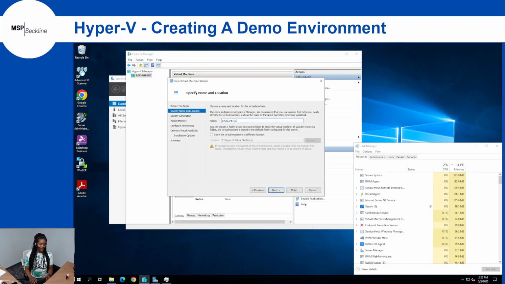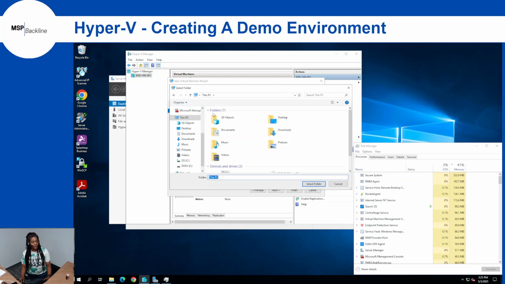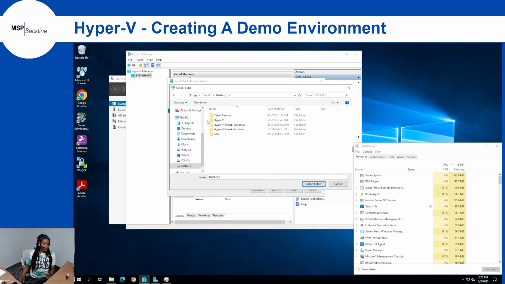I know it's going to be DC, so I'm going to call it DC. Go ahead and copy this name. And then we're going to use my own favorite construct for storing VMs, because Microsoft's way just isn't